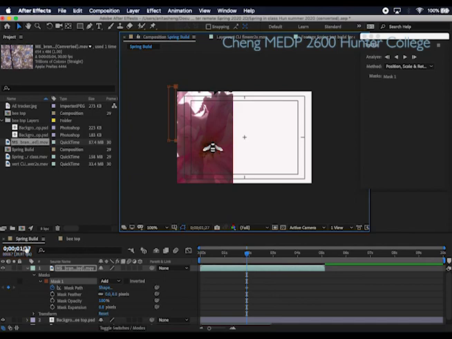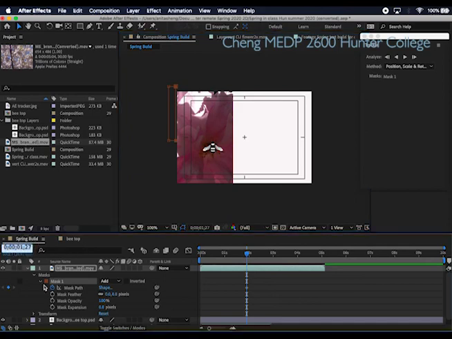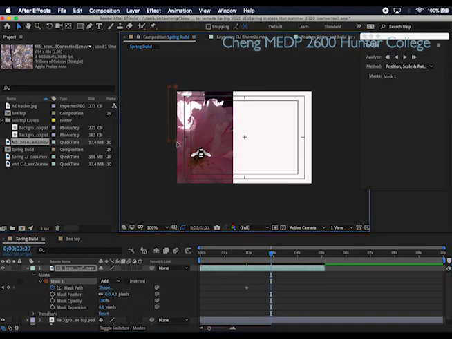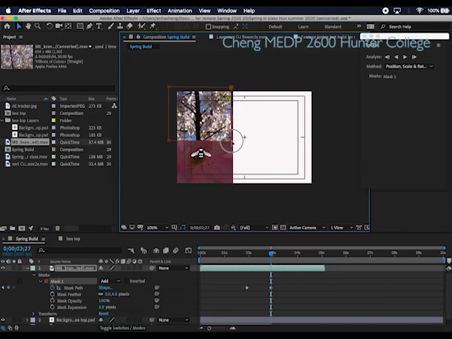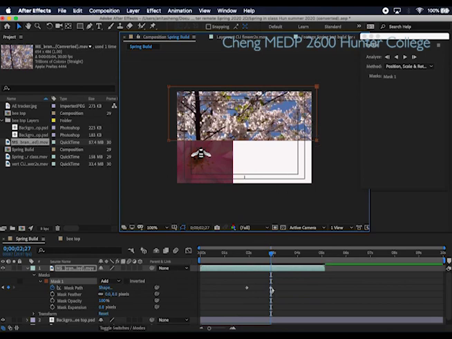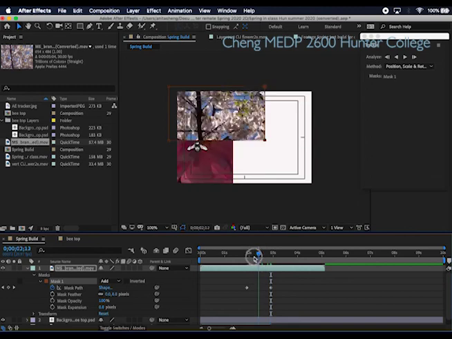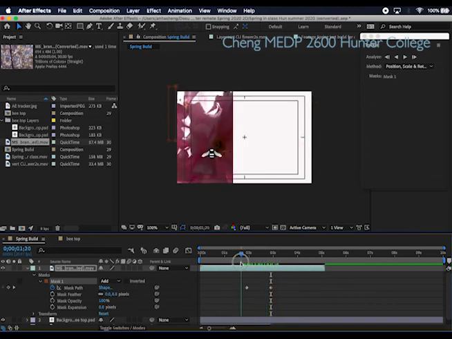So what I'm going to do is move my timeline marker. If I want the transition to be 1 second, I can say plus 100, enter, or return. It jumps to 227. Click on the top right corner, hold down the Shift key, click on the bottom right corner, and with both of those points selected, I can hold down the Shift key again and constrain to one axis and pull out my mask. And you see how a second keyframe was created. And between those two keyframes, I start here and I end